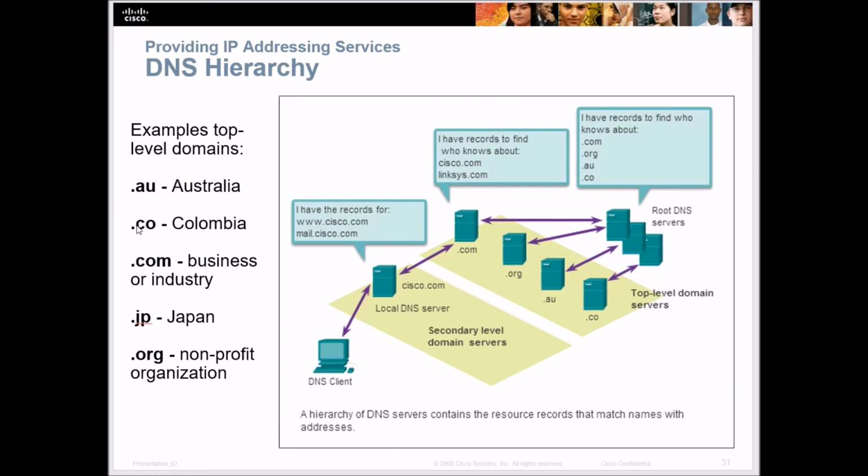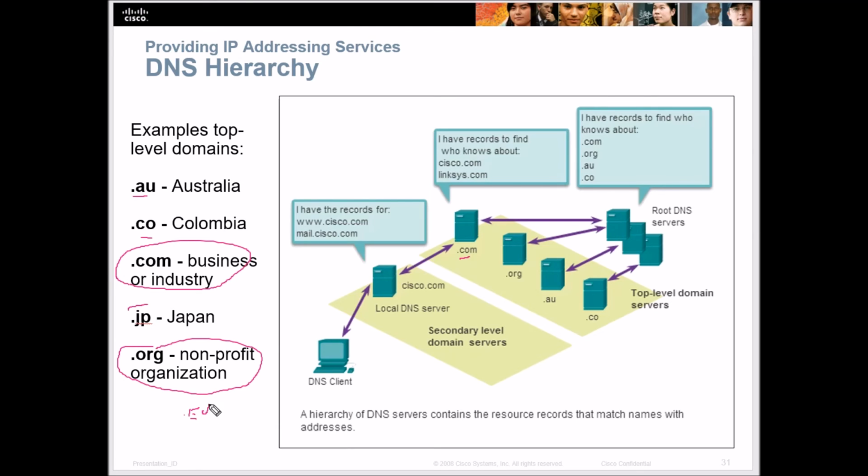The DNS hierarchy, those are broken down. I'm not going to do a lot of lecturing here. You can go out and research these, but there are different hierarchies based upon the different extensions. For example, the US is .us, Australia is .au, Colombia, and so forth. And then you have the .coms, which are commercial. .orgs are usually nonprofit, but they're not restricted. You can still get a .org even if you are not a nonprofit. In some cases, you have to prove it to whoever's handing out the domain names. Like a .edu, you're going to have to prove that you are in education.